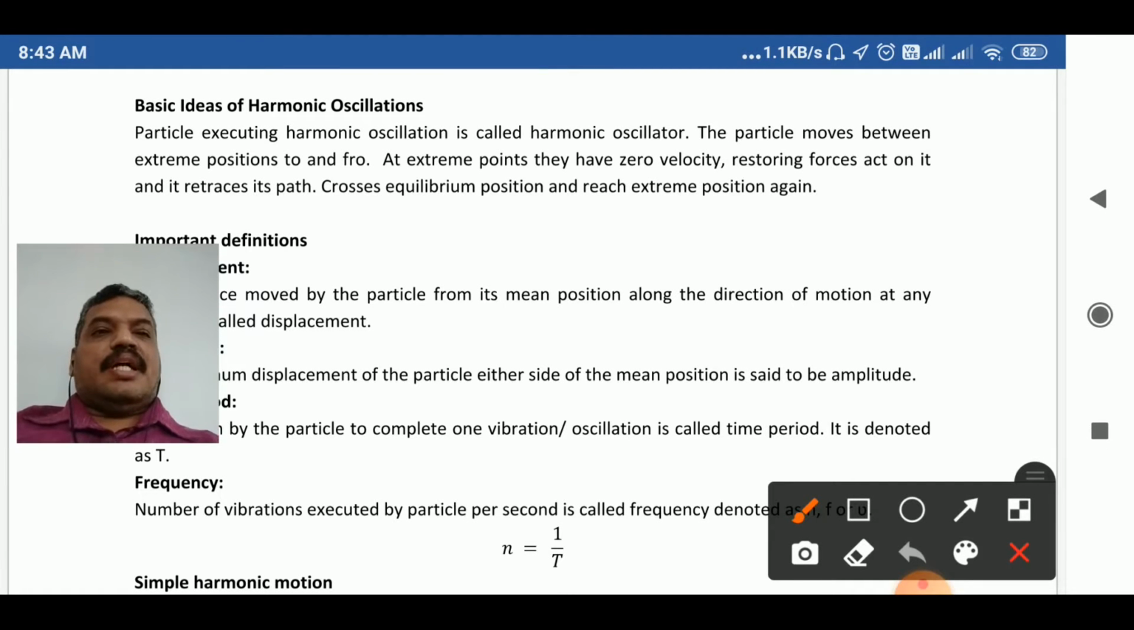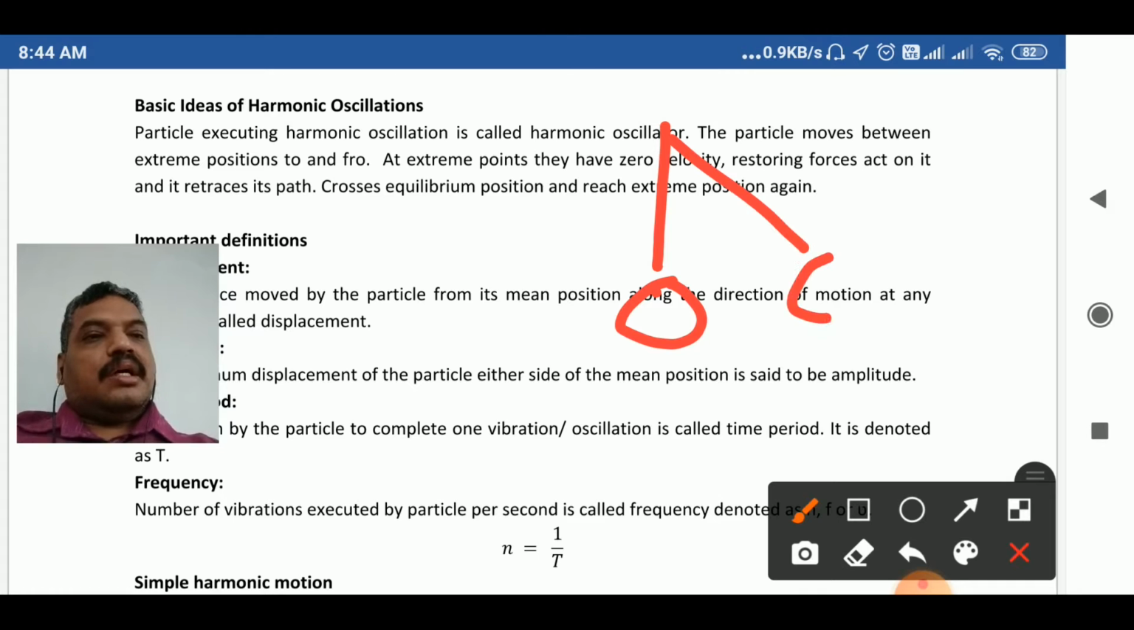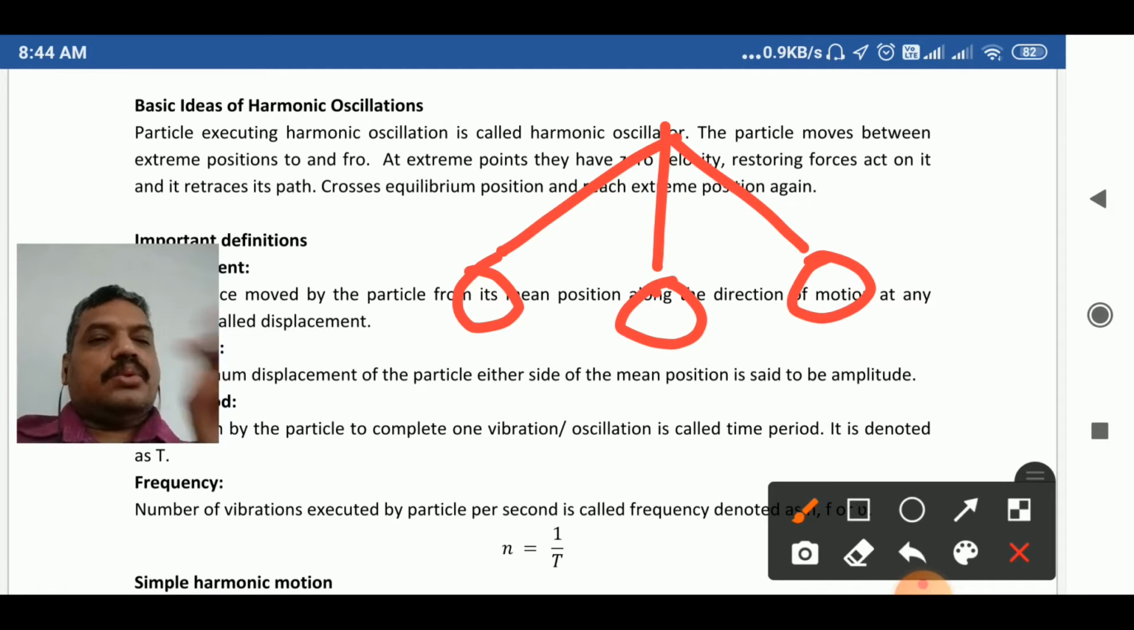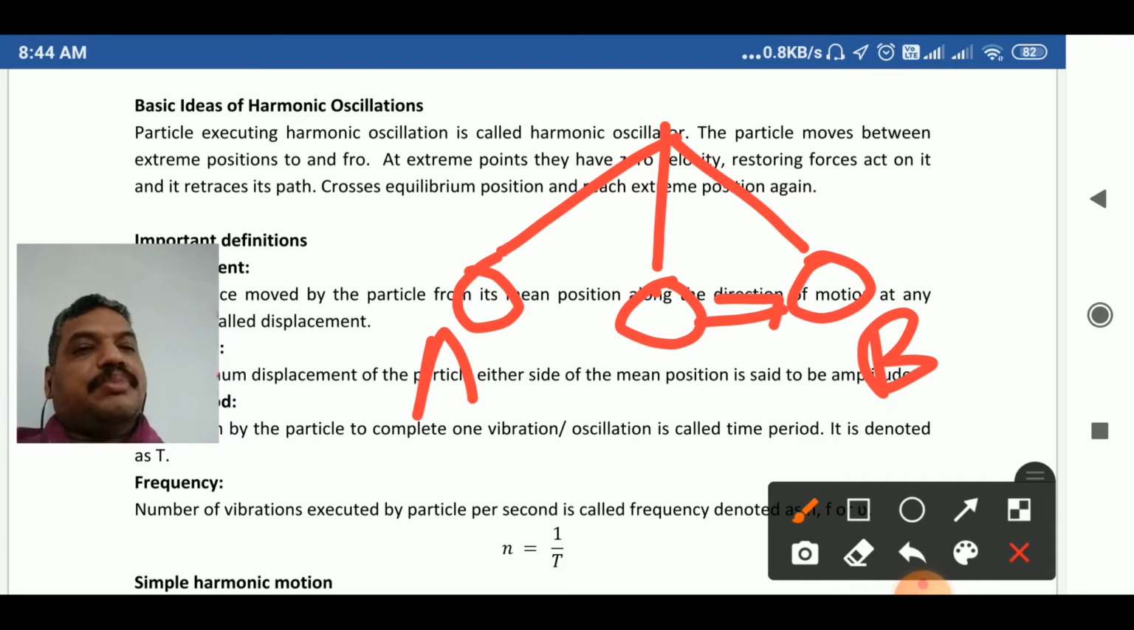A particle executing harmonic oscillation, that we call a harmonic oscillator. The particle moves between two extreme positions. Suppose here you have a pendulum. It reaches the extreme position B, and it reaches extreme position A. Before it starts returning,